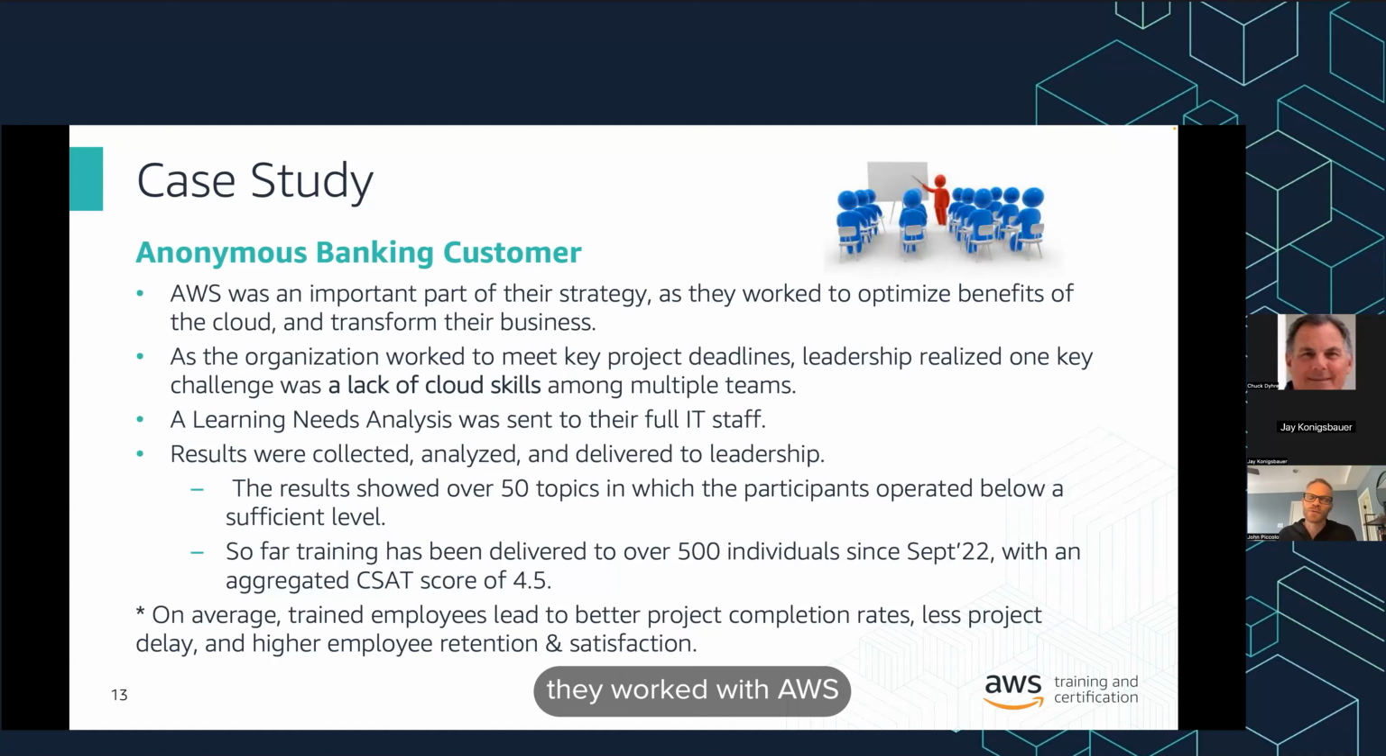And so they worked with AWS to meet those key deadlines. They realized that to do that, however, they needed to improve the skills across their organization. They just were not going to extract additional value until the IT staff was able to gain those skills. They ran a learning needs analysis, and the results of that analysis were collected, and we were able to deliver a variety of trainings to them. There were about 50 topics that they participated in to improve their skill sets, and it was a great